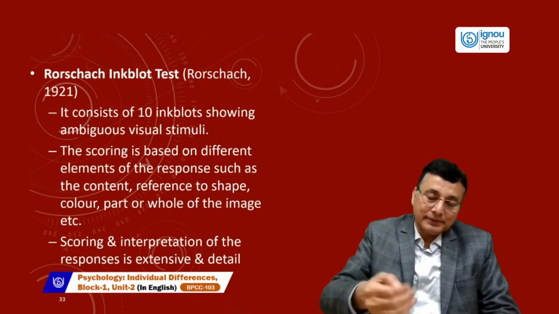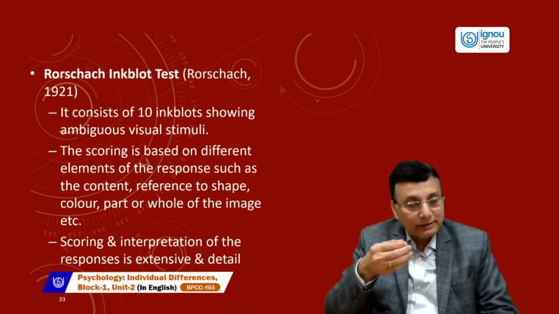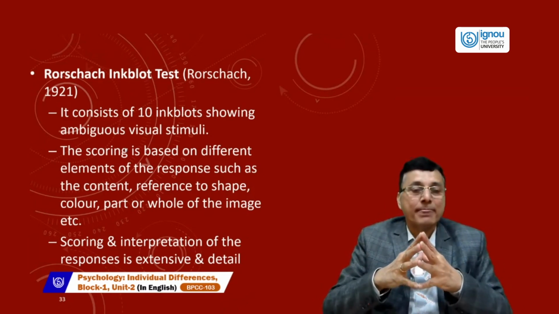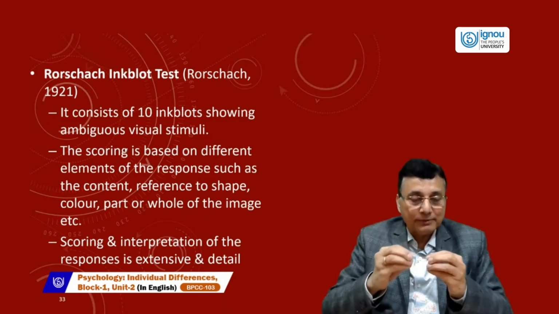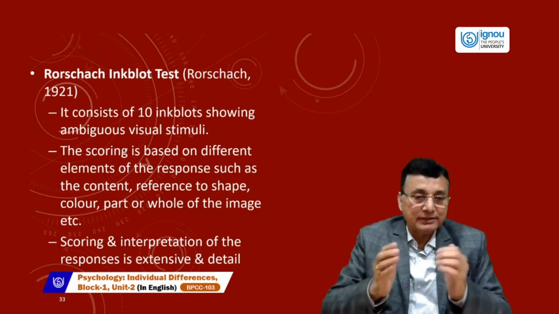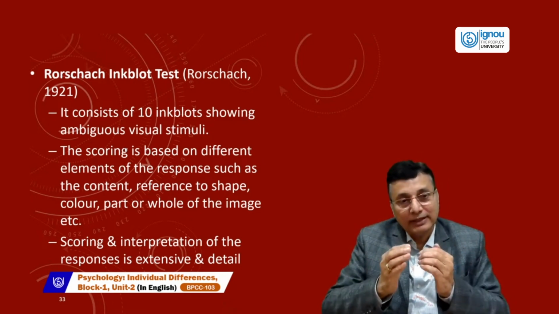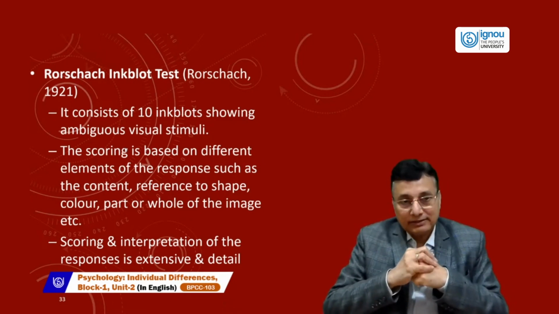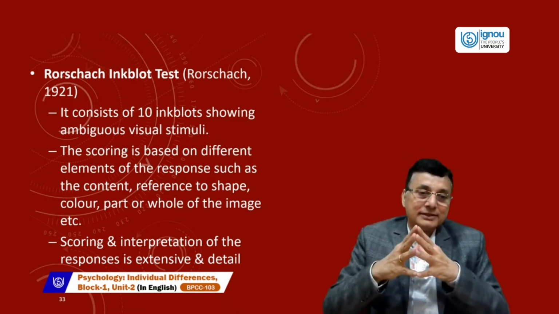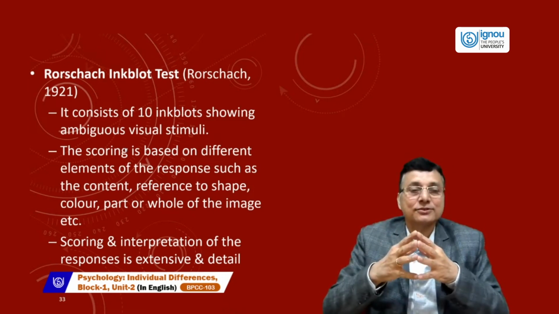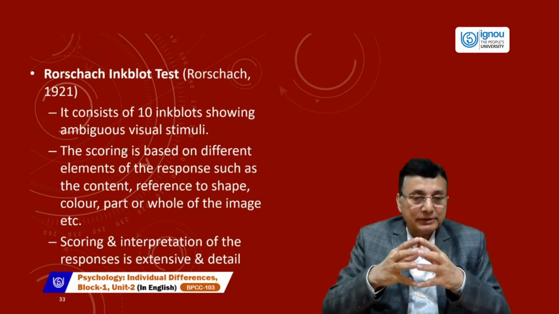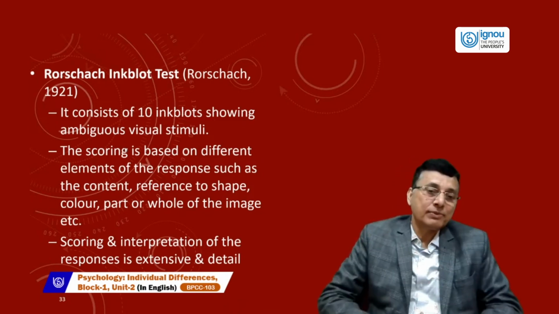After getting the responses, you again show the card and ask the client, which is called the inquiry phase. In the inquiry phase, you ask about the location, meaning which part of the plate was seen as the response, and why that response is seen, why that object is seen in the card. For example, bat: why has the client seen the bat? What are the characteristics of the bat in this card? The client may tell you. So you have to determine the determinants of the particular response.